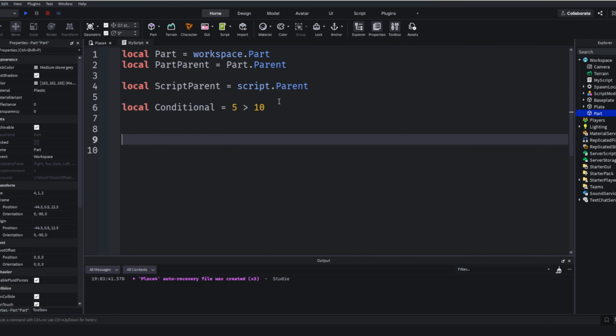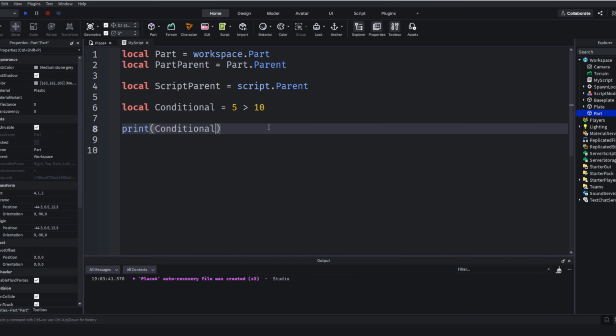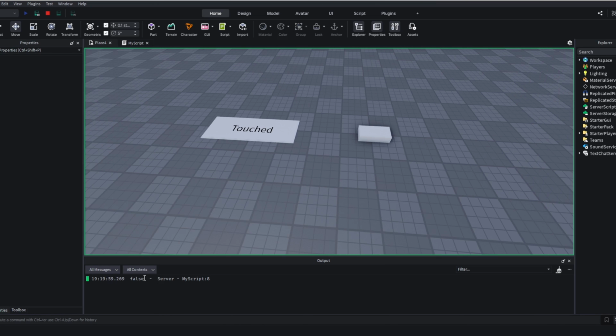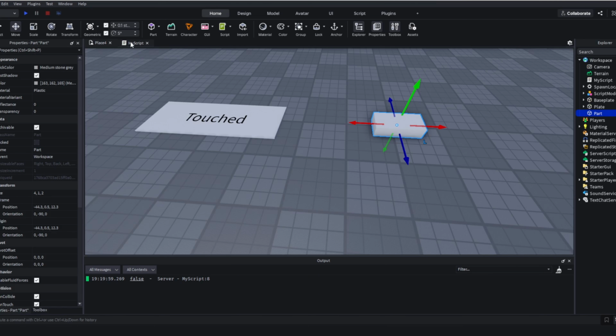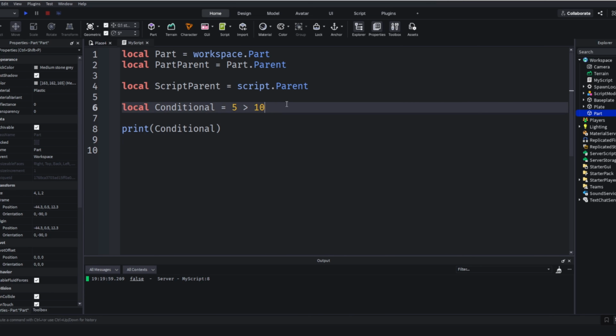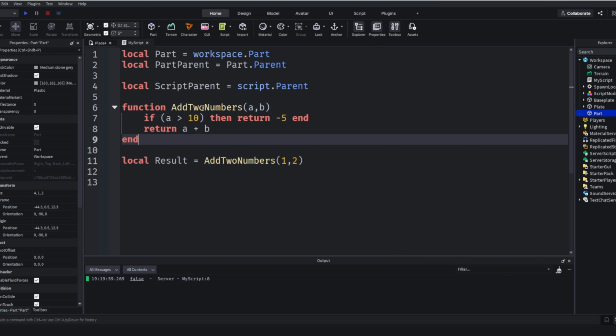5 is bigger than 10, which will obviously print out false. And this will print out false. This is just demonstrating that variables can point to literally everything. So if you do that, it will create a false. And you can make this fancier by adding this function, compare